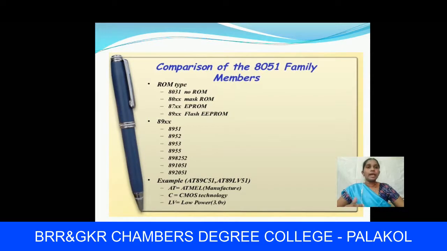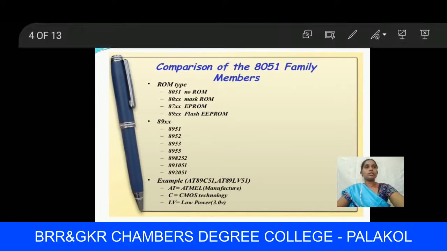Next, coming to the 89XX, in these also there are so many ICs. These ICs are 8951, 8952, 8953, 8955. So these all belong to 89XX.